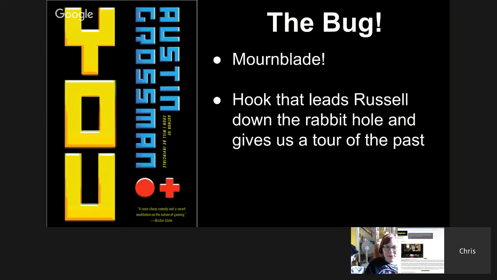And so that's where we're going for a good portion of the rest of the book. It will be focused on giving us a tour of the past, talking about the past. That's one of the things this book does a really good job of, bouncing back and forth. It's not necessarily a linear storyline. You have a lot of parallels where you're seeing the current and the present in Russell's life, and then they're jumping back in flashbacks to Gamer Camp, and to a lot of other places they have been as a team, as a group, and as his life experiences.